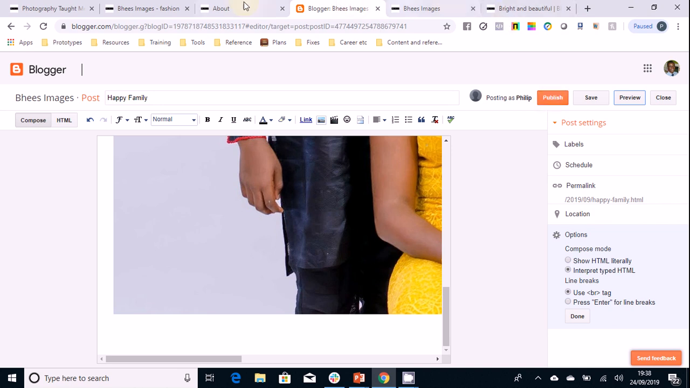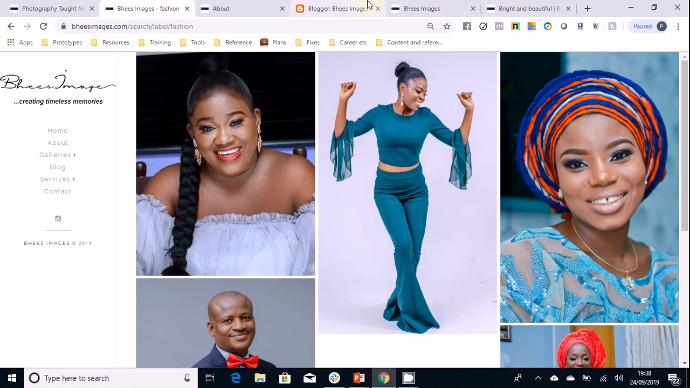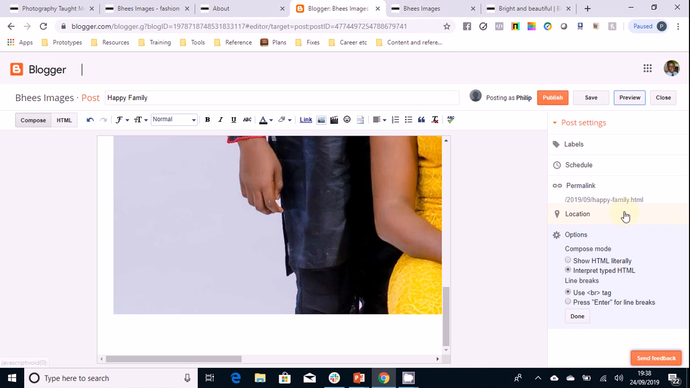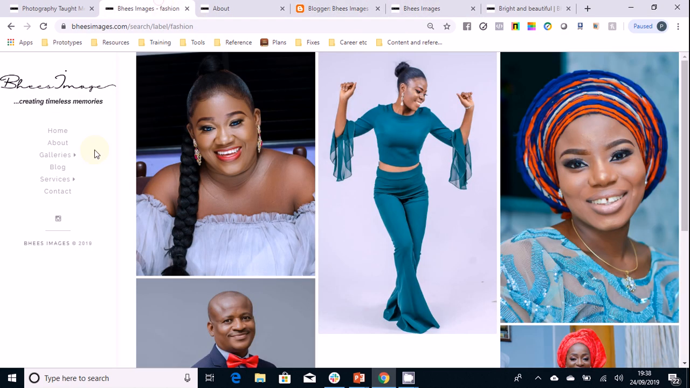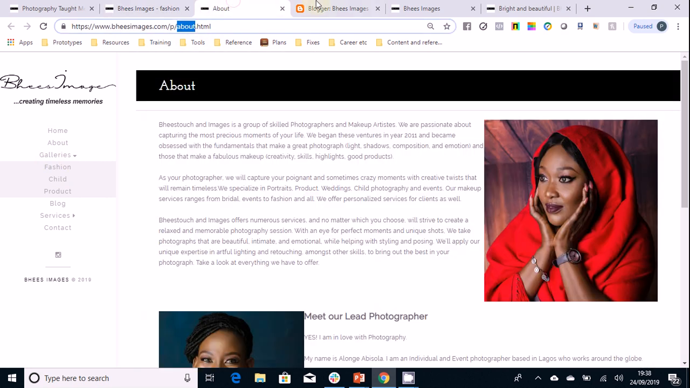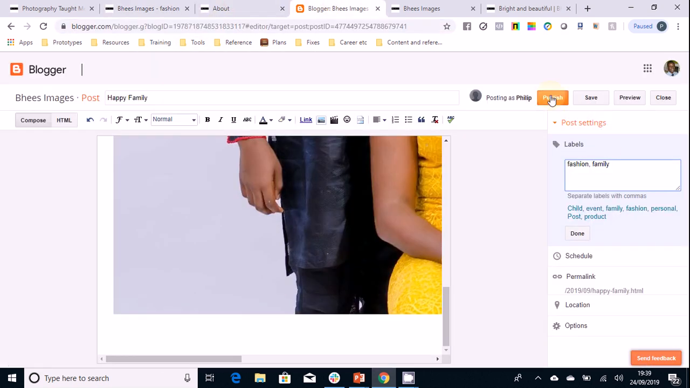Once I publish, by the time I come to fashion, because I've put the fashion label there, under the labels we have fashion, we have family. We don't have family on the menu, so that's okay. If you want it, we can do that. I'll show you how to do that very briefly. Okay, so that's now. I'm going to publish,